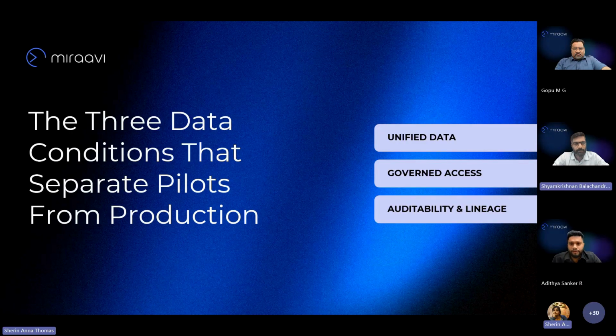Yeah, right. And I want to reinforce your point, Shan, because what we have seen is that unification is where many organizations underestimate the effort involved. We have seen teams in the past attempt to solve fragmented master data inside the model itself, doing a certain level of prompt engineering to figure out whether, like you said, customer A in one system is the same as customer B in another. It might work in a POC, or proof of concept, with a few thousand records, but it doesn't work reliably when you're dealing with millions of records or millions of transactions that come from SAP, CRM, warehouse